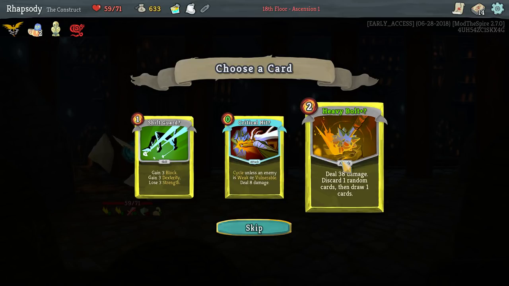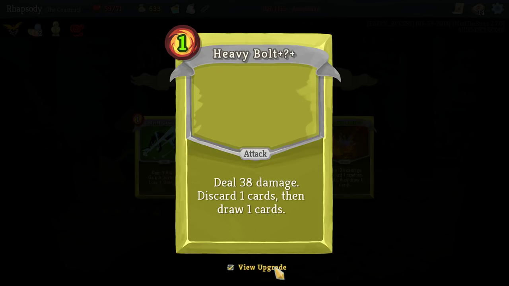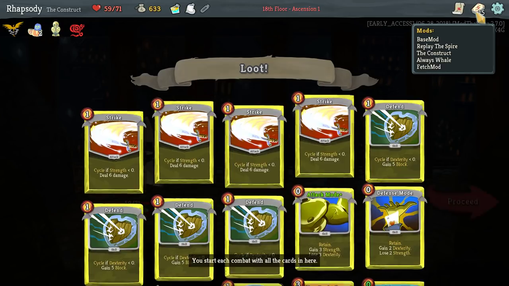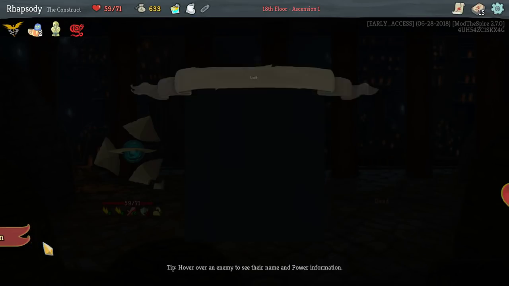Oh, they're all question marks. Deal 38 damage. Discard 1 random card and then draw 1 random card. The upgrade makes it 1 cost to deal 38 damage. Critical hit. Whoa! I didn't want to take it! No! Cycle unless an enemy is weak or vulnerable. Deal 12 damage. I mean, it's not bad, but...